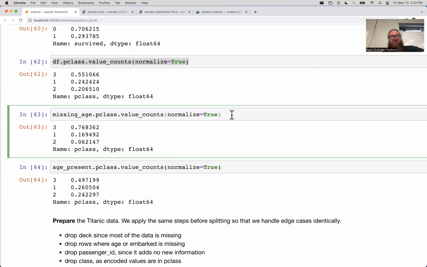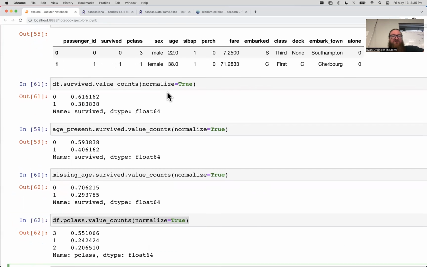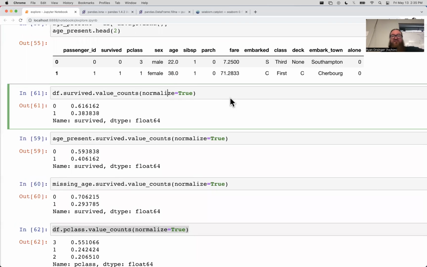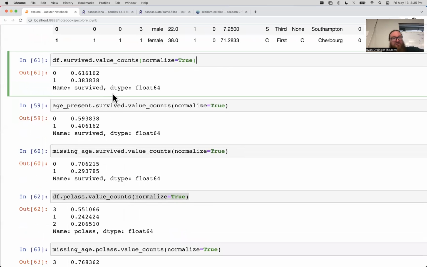I'm certainly not trying to give you conflicting information. I feel comfortable doing what I'm doing right now because I'm only looking at one variable at a time. Basically, if you have two dimensions, I realize I'm looking at multiple different columns, but I'm not really looking at how they interact with each other. And another reason why I feel comfortable doing this is in service of trying to understand the nulls that we want to handle before splitting.